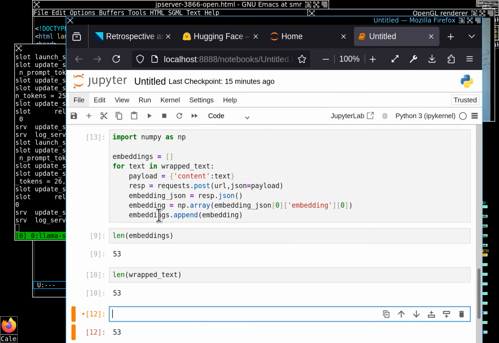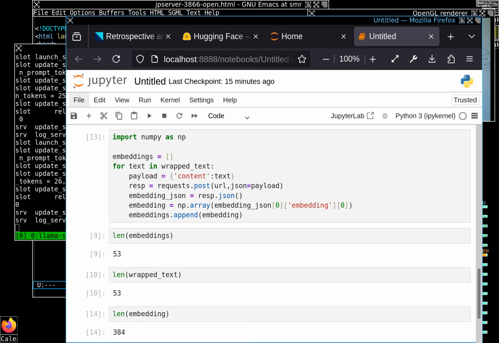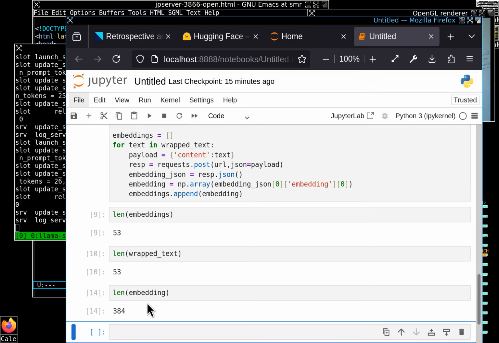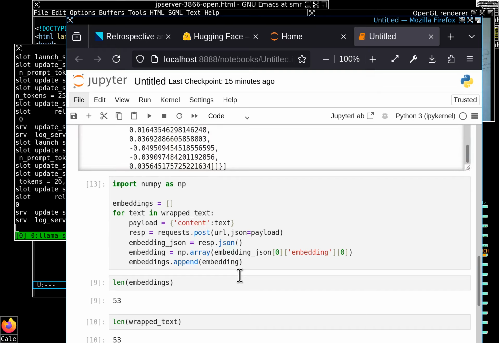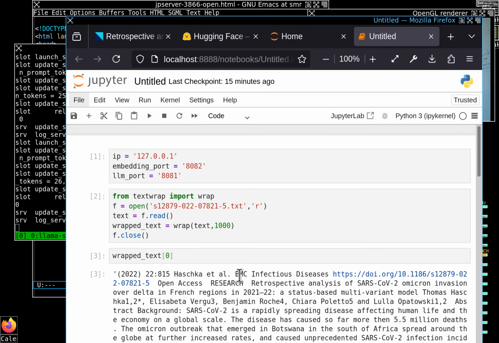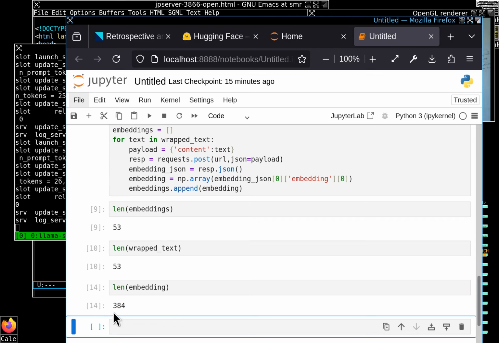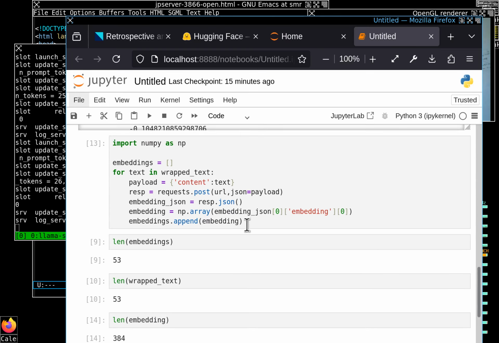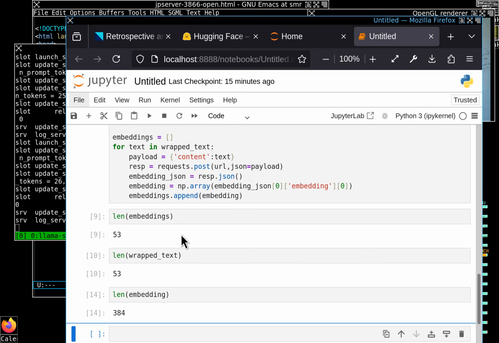What we want right now is to check out the length of one embedding. And as I do this, I get 384. So this is exactly one for one. This depends on the embedding model, of course. We have the simple embedding model that we've chosen here, which yields 384 floating point values for the embedding. So as you see, we get one embedding back. We add this embedding to the embeddings. We have our list of embeddings, which is the same size and has the same index